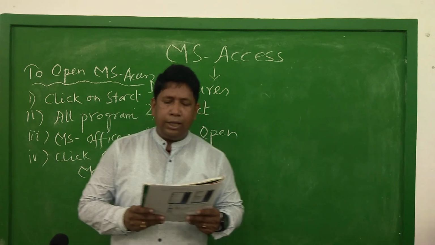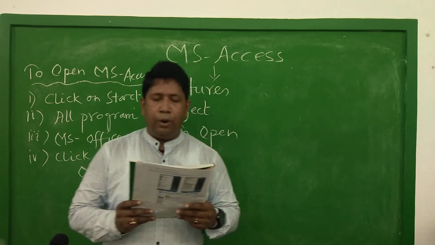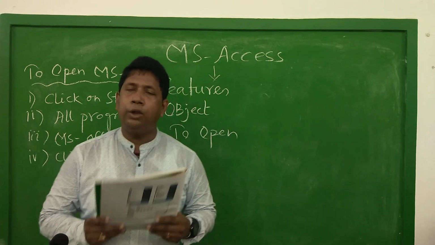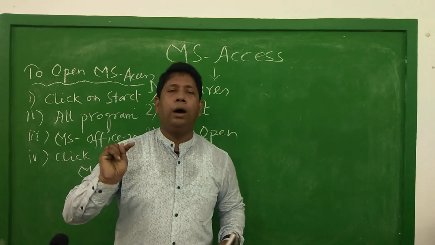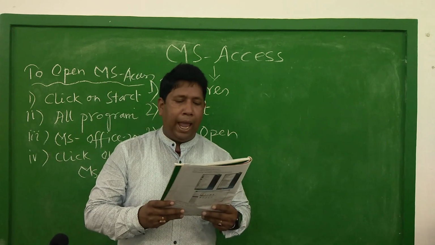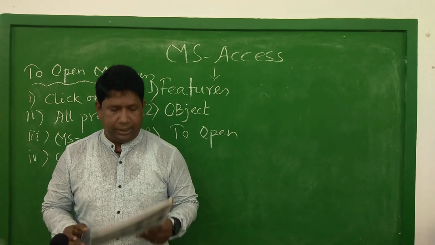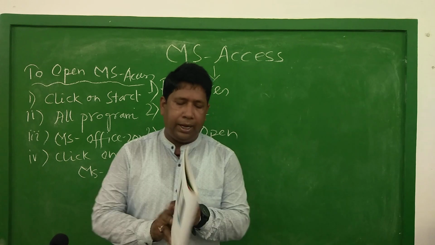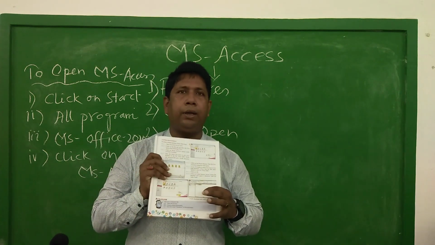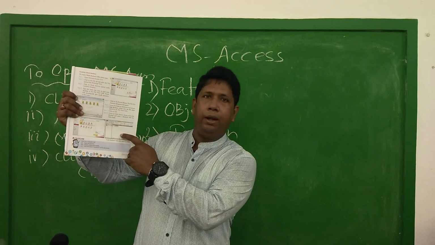Next is click on the browse button. The File New Database dialog box appears. Locate the folder in which you want to store your database. It means you store the database with your file name and click on OK and finally click on the create button. After clicking on the create button, this view will appear in front of you.